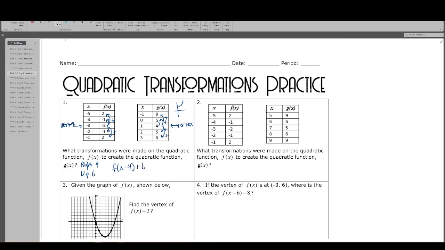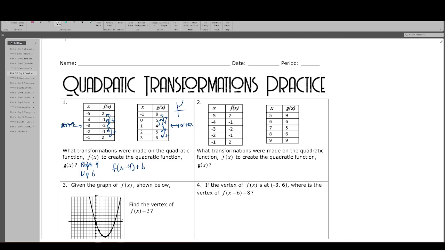If we wanted to write the actual equation for this one, I don't think we're quite ready for that. So let's just think of it in terms of the transformation for right now. Second graphic or table example, if you want to try this one on your own first, feel free. So we have